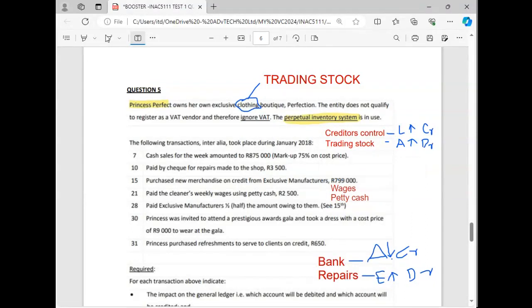Let me tell you something. Most people here made a mistake. They said bank, guys. You paid, but always check how did you pay. You paid using petty cash, guys. Don't make a mistake. Some of you gave me bank here. You can't give me bank. You say petty cash. Unless they just said paid, yes, I will accept bank. Okay. So learn that for the future, guys.